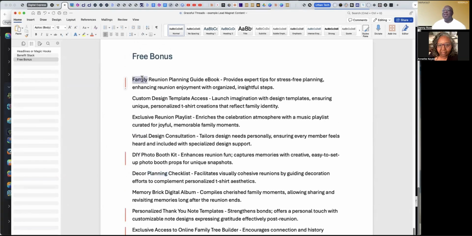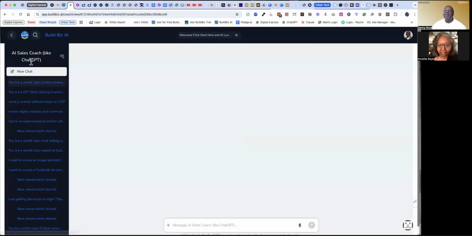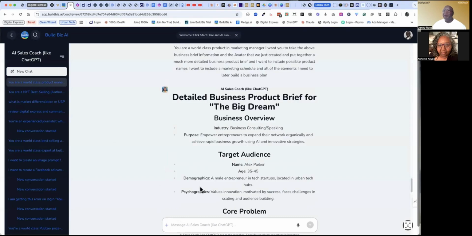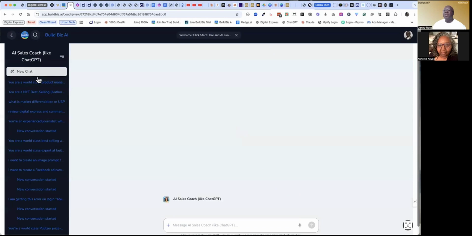So you can have the AI help you write this, right? So you can even go back to the processor and the AI sales coach here and talk about it from the standpoint of your business, give it the background that we just have in the document here, and then ask it to help you write it. So if I create a new chat here,